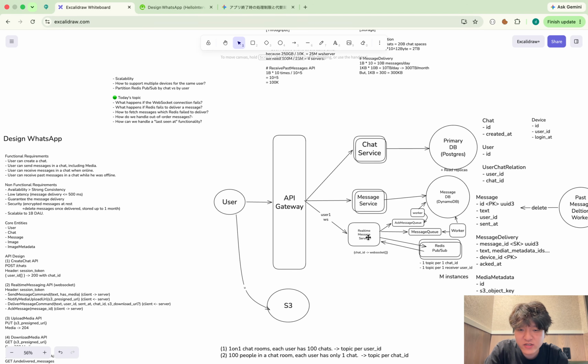So the real-time message service server sends a ping, and then the client device sends back a pong. And if the pong isn't replied, let's say the server sends a message every 5 seconds, and if the message doesn't come back for maybe 10 seconds,